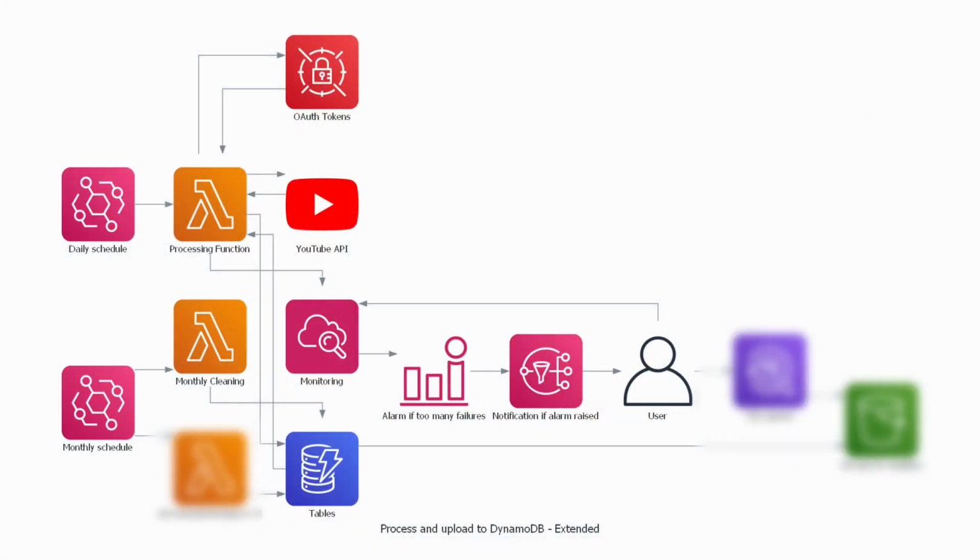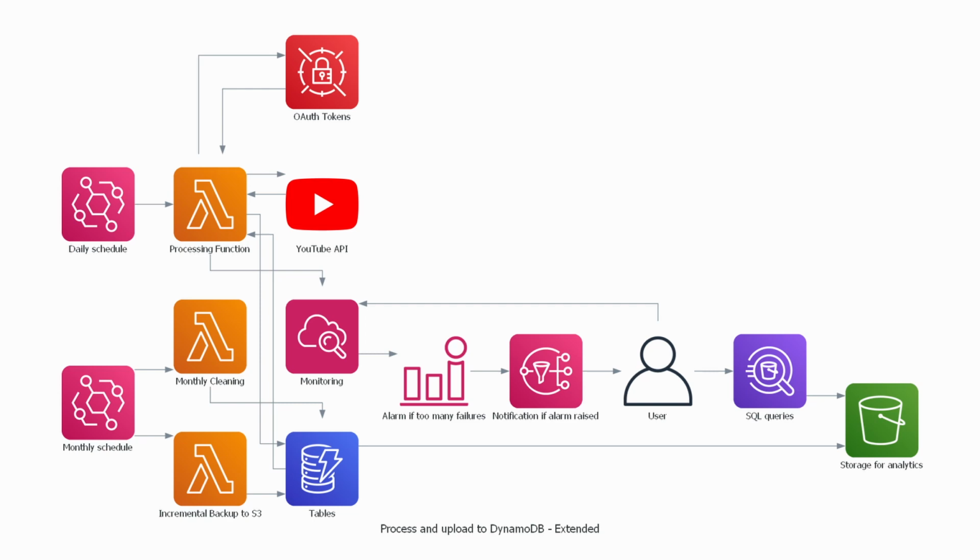I then set up this function again with an EventBridge scheduler to run once a month, providing as a payload the list of tables to clean, and also set up CloudWatch alarms connected to an SNS topic. So that's it. Now you have a cheap automated cloud-based solution to archive your YouTube channel data in AWS for granular big data analysis. I might later enhance the solution by also implementing a backup of the DynamoDB to S3 so that I could make direct analytical SQL queries to analyze my data using AWS Athena, rather than just always downloading the whole table from DynamoDB.